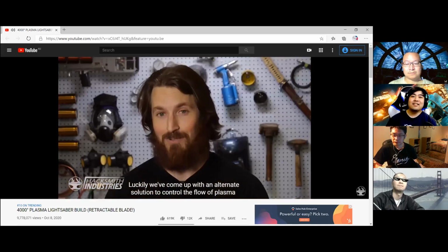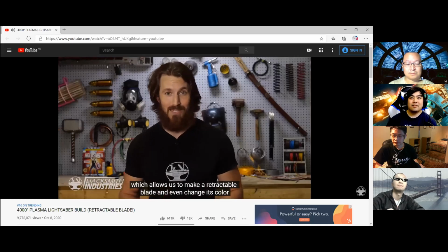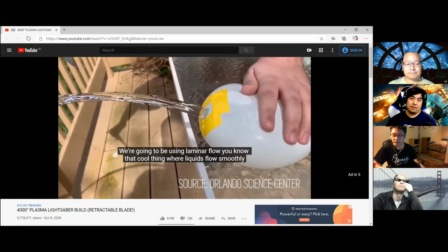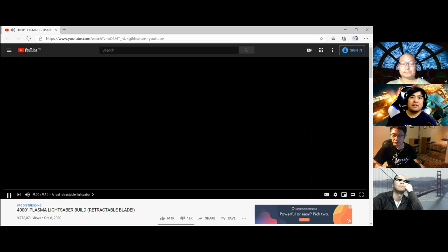Luckily, we've come up with an alternate solution to control the flow of plasma, which allows us to make a retractable blade and even change its color. We're going to be using laminar flow. You know, that cool thing where liquids flow smoothly? We actually teased this project months ago on...